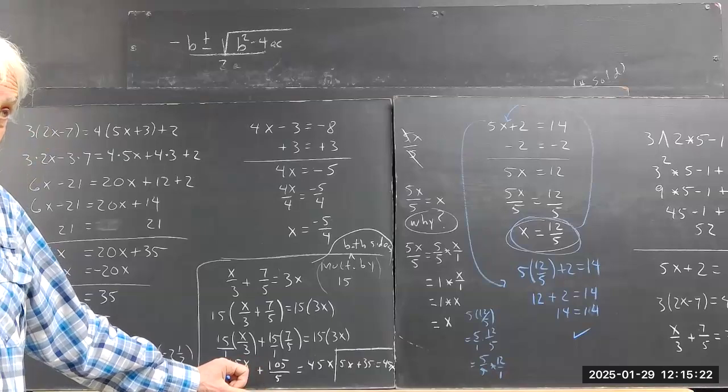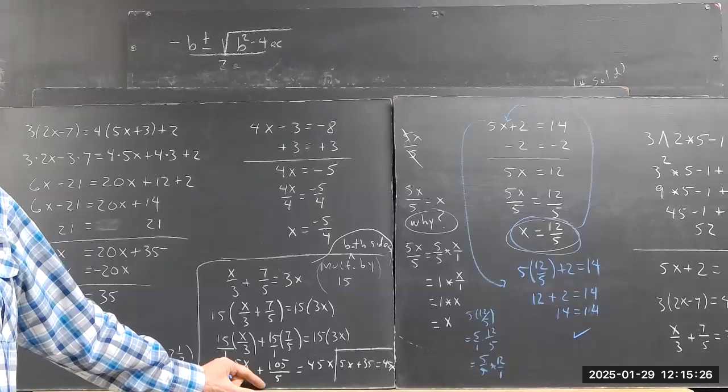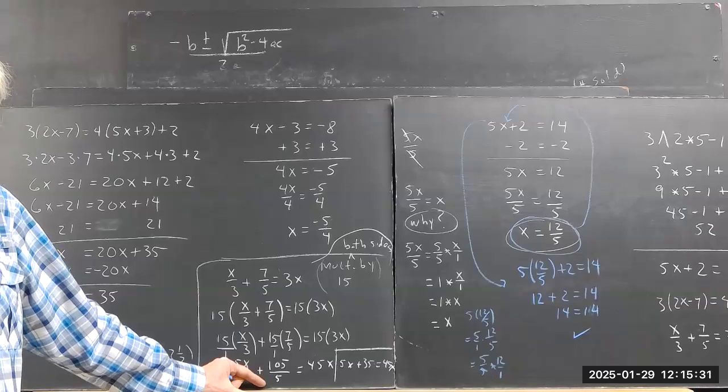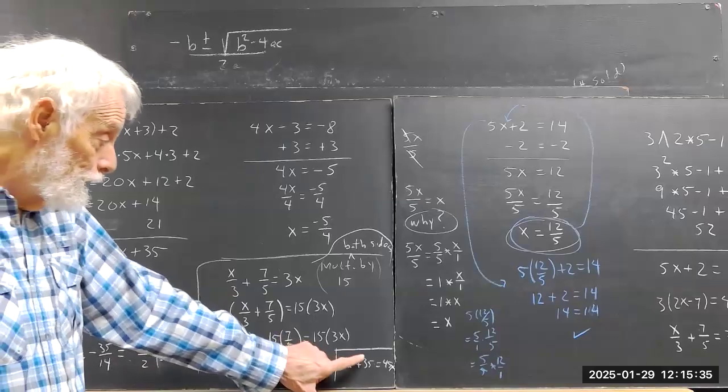3 into 105 is 35. Okay, I just looked at how 105 breaks down. I didn't even pay attention. In fact, this is 5. Okay, should have done a prime factorization. But 5 into 105 is 21, not 35. So